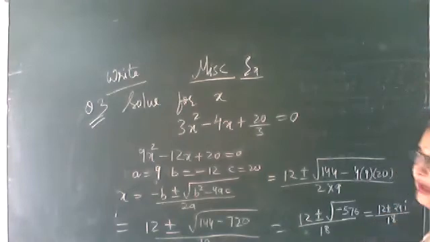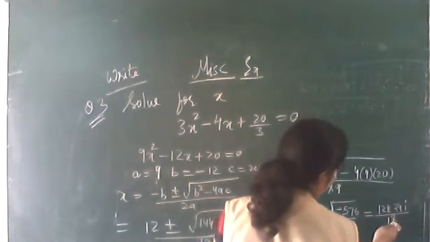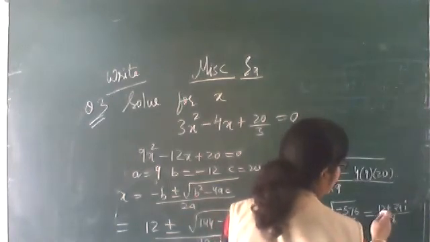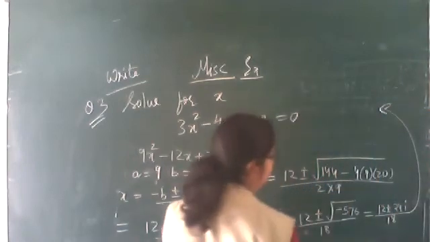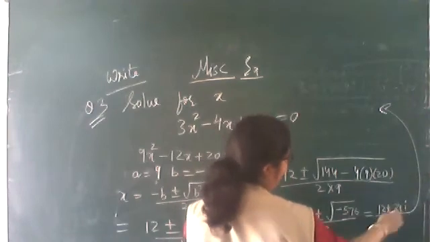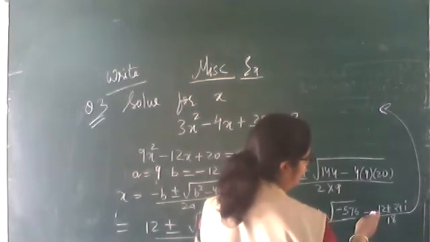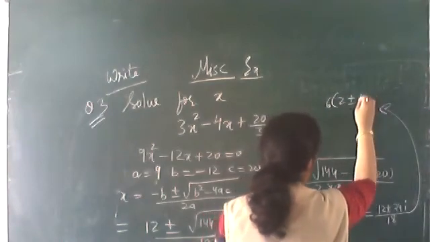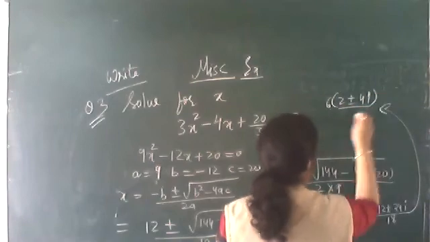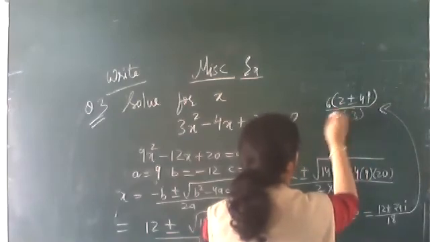Now the whole thing can be divided by any number. What number is it? Can you divide by 3? 3 sixes are 18, or you can divide it by 6 also. 6 twos are 12, 6 fours are 24, 6 threes are 18. So divide the whole equation by 6 in the numerator and denominator, or take 6 common. If I take 6 common, what will I get? 6 twos are 12 plus minus 6 fours are 24 iota upon 18. Again we'll take 6 common, we'll have 3. So this will get cancelled.